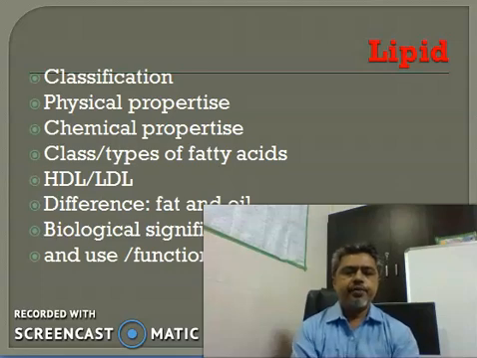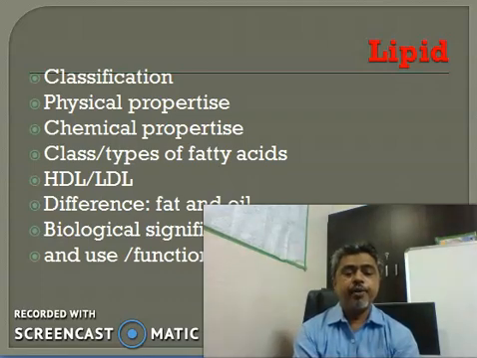Dear friends, today we will understand lipids. This is also biomolecules and it comes under lipid, fat and oil. Okay, this is the third chapter and these biomolecules have a higher amount of